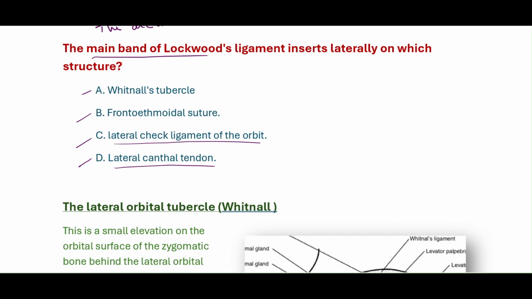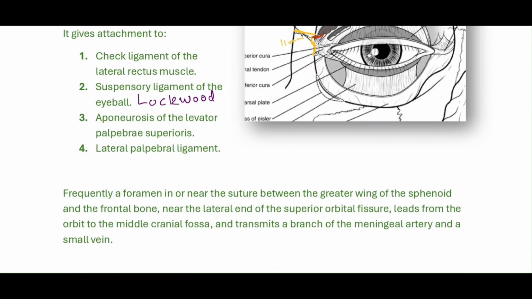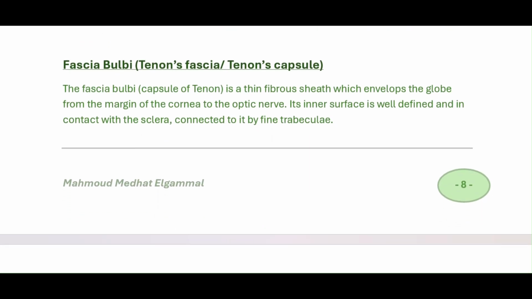The correct answer is Whitnall's tubercle. So Whitnall's ligament inserts into the frontoethmoidal suture and Lockwood's ligament inserts into Whitnall's tubercle. Just to mention the rest of the story of fascia bulbi, tendons,